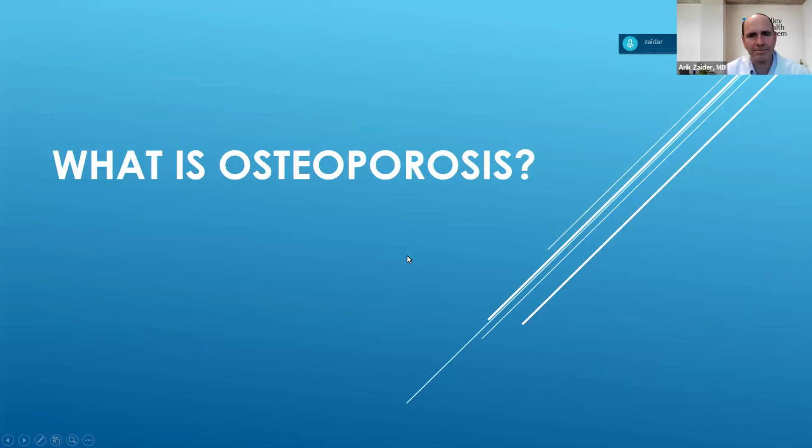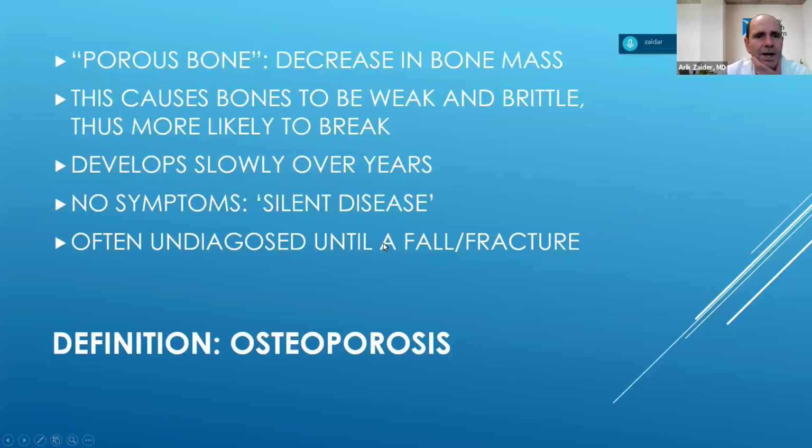So what is osteoporosis? Well, osteoporosis, if you look at the components of the word, it means porous bone. In other words, the bone mass that consists of fibers very well and densely stacked together over time can diminish. And this results in a decrease in bone mass, bone quality, and bone density. This causes the bones to be weak and brittle, and therefore more likely to break. And that's the concern with osteoporosis. It's not just that the bone may be thinner, but it's also that it can lead to complications like fracture, and we'll be talking about that.